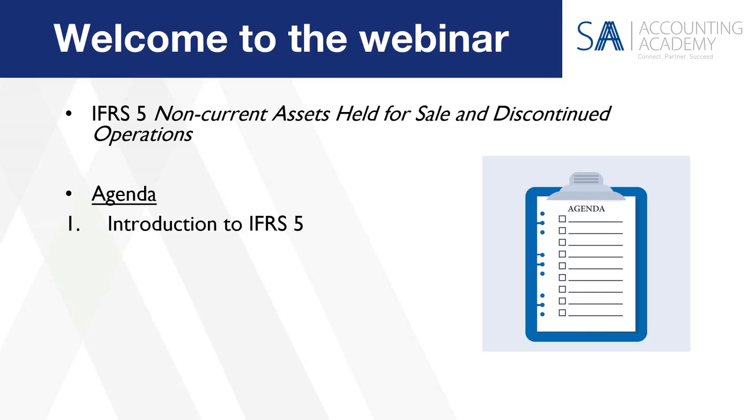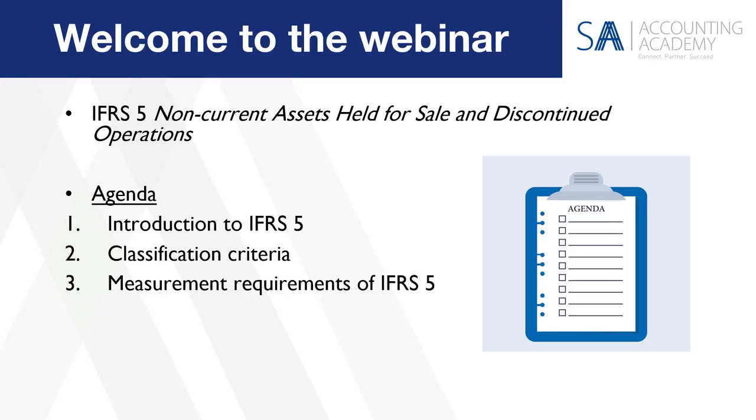So looking at our agenda, I just want to give you an overall introduction to the standard. Then obviously in respect of recognition, look at the classification criteria, the measurement requirements of IFRS 5 once you have reclassified non-current assets into IFRS 5, then the presentation and disclosure, as we've just said, because there will be consequences for the statement of financial position. That's the easy one. But then also for the statement of cash flows, and then also for your income statement,